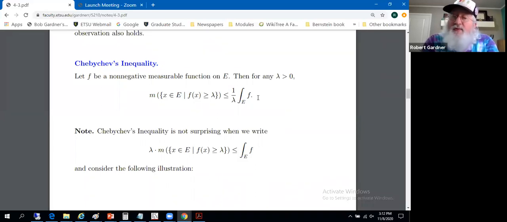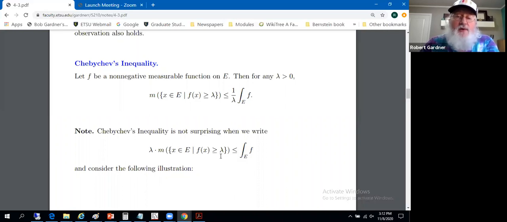Okay, we'll go through the proof of that. Let's convince ourselves it makes sense first, though. I claim Chebyshev's inequality isn't surprising if you cross-multiply. Cross-multiply, take the lambda to the left-hand side, you get lambda times the measure of the set of x values